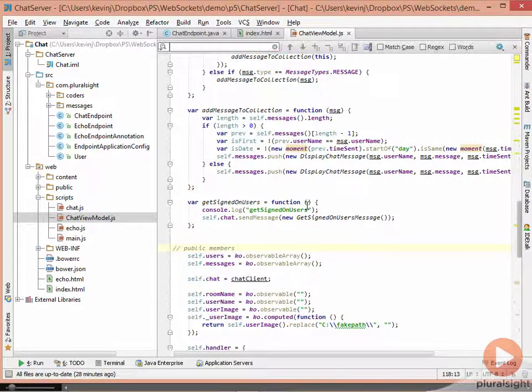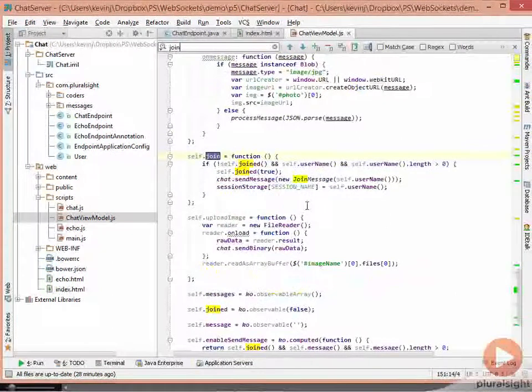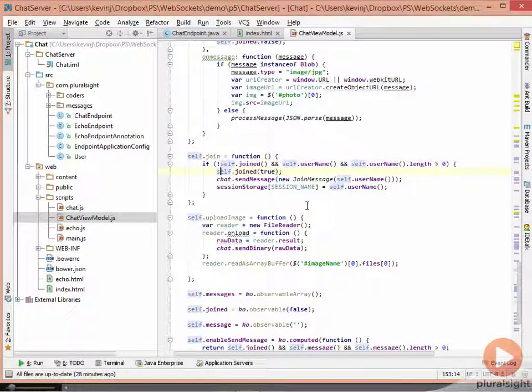Then we need to find the join function. So the join function is called when the user clicks on the join button. And it's here that we do the work of joining to a given room. At the moment, we send a new message, just a simple join message, to tell the other listeners that a new user has joined. But now we need to change this so that first of all,